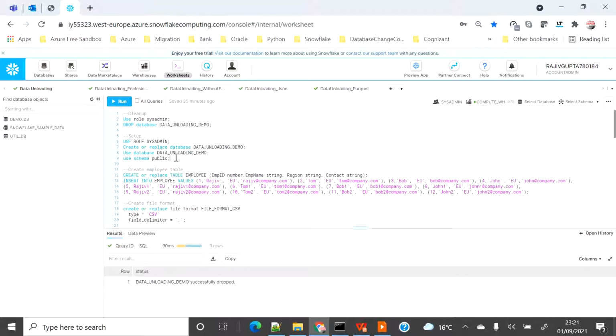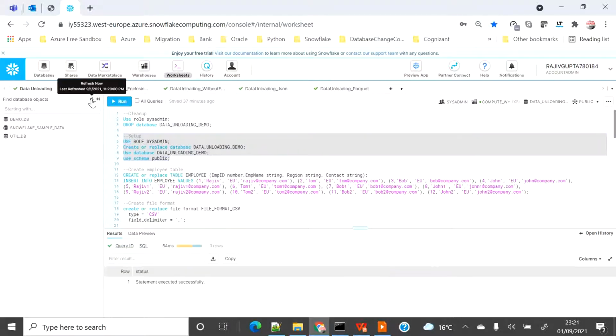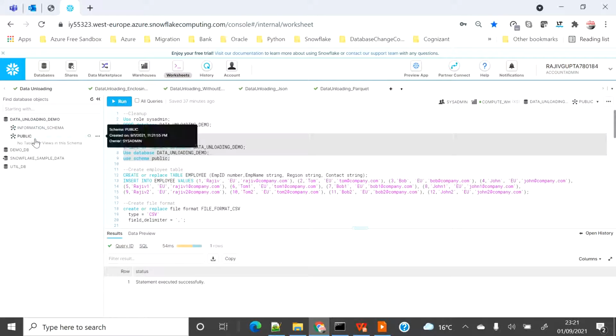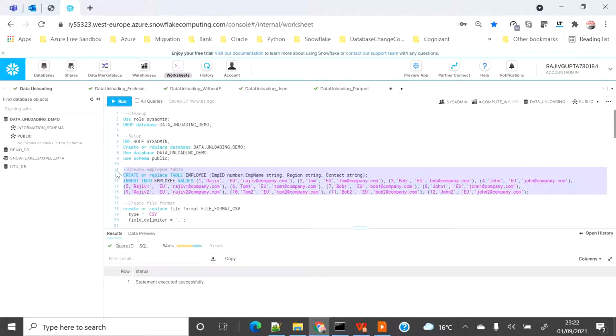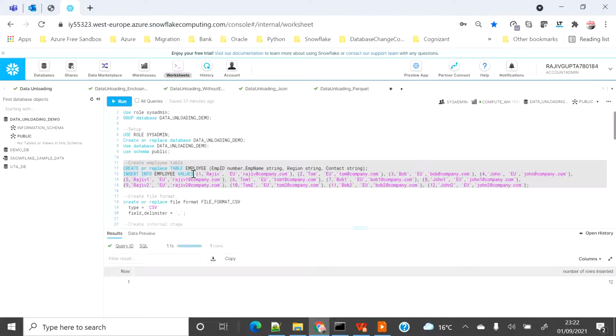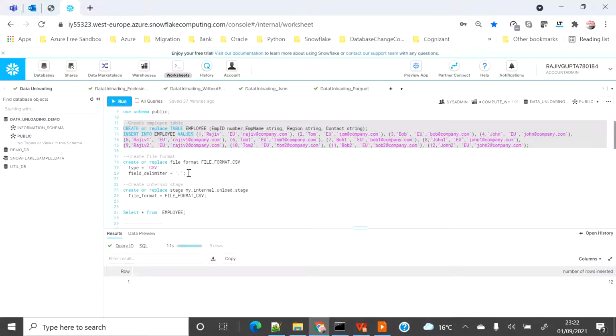For this demo, I'm going to create this database, data unloading demo. On the left side, if I refresh, you can see that now I have a database with a blank schema. I'm going to create an employee table with employee ID, employee name, region, and contact with some dummy data, around 12 rows. And I'm going to create a file format which will decide which format I want to